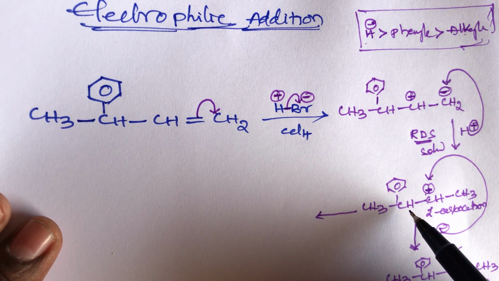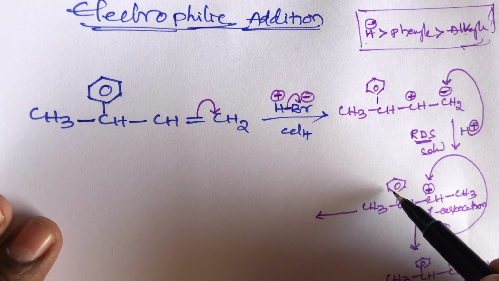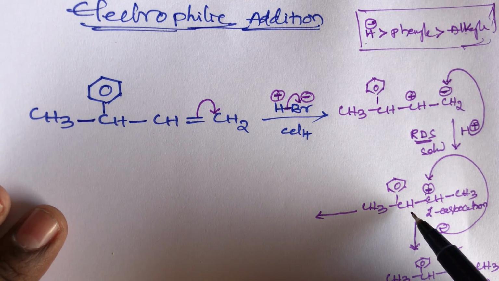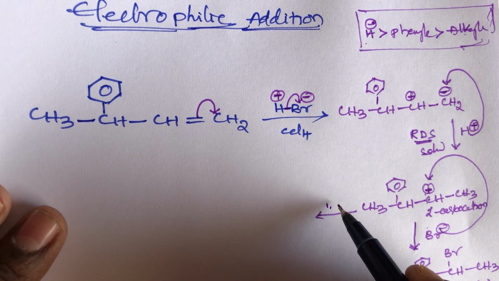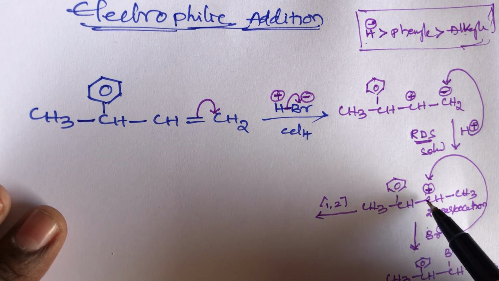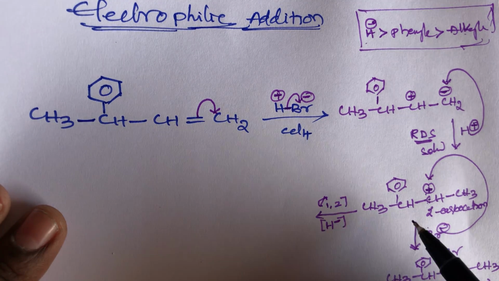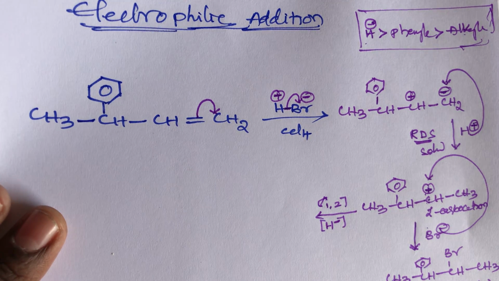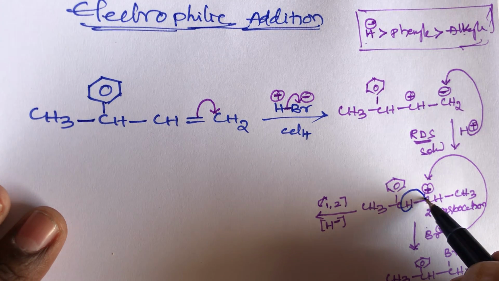This positive species, beside carbon having one hydrogen, one phenyl, and one methyl. So first priority goes only to hydride, that is hydrogen. This is 1,2 shifting, which means in between the first carbon and the second carbon. 1,2 shifting means the positive carbon and the beside carbon only. That is hydride shifting, that is H minus. This hydride shifting is towards the right-hand side.